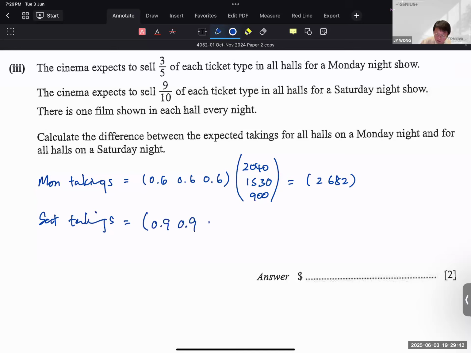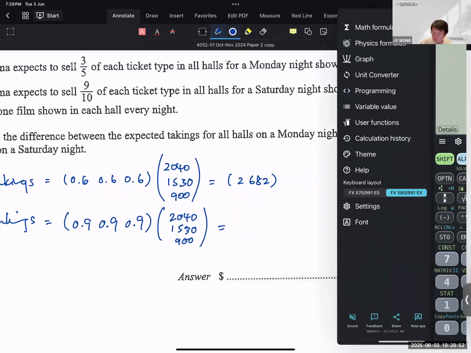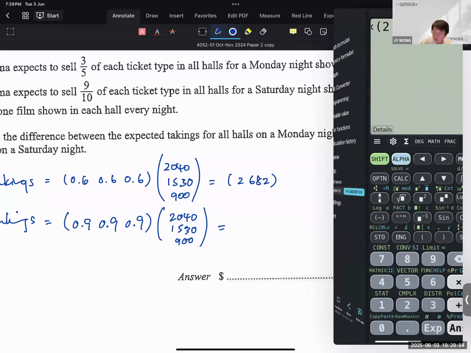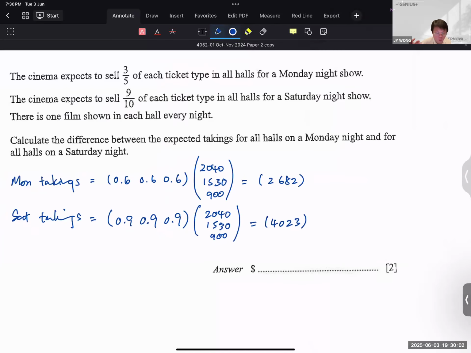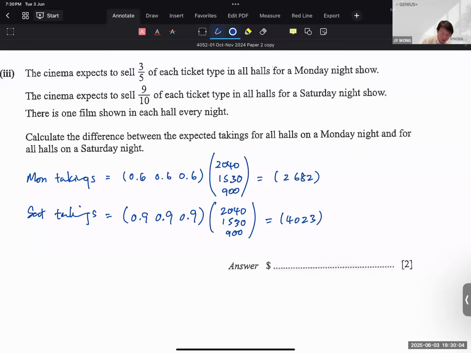0.9, 0.9, 0.9 times matrix M. Or 0, 2, 3. So this is if the question asks you, in case the question next time asks you for matrix multiplication. Therefore, your difference is equal to 4023 minus 2682 equals to